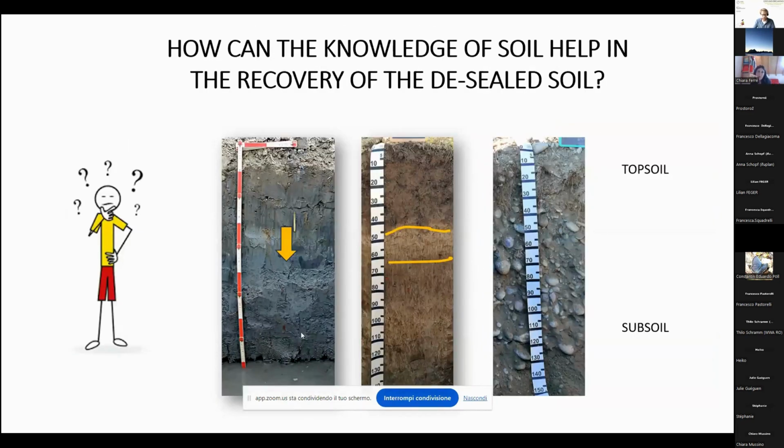You see a layer that is gray bluish in this part. You can see also the water table. So these are anoxic conditions. So we have a reducing condition due to the presence of a water table that rises. And this layer, if it is near the surface, is a shallow layer, it can affect the growth